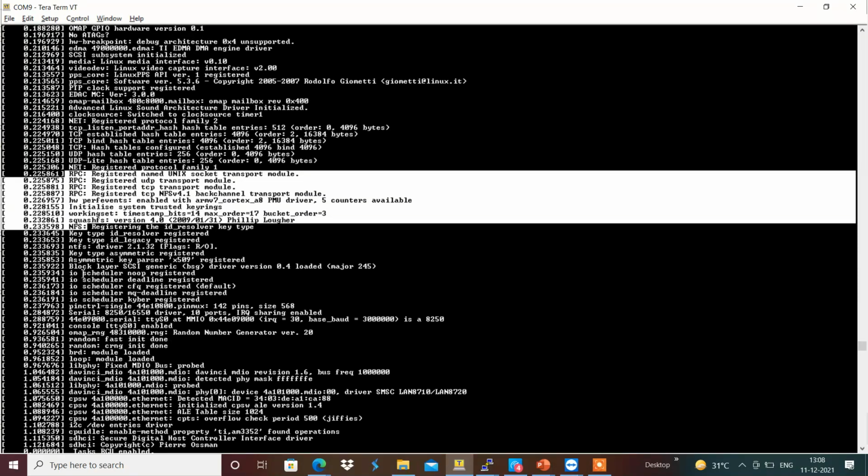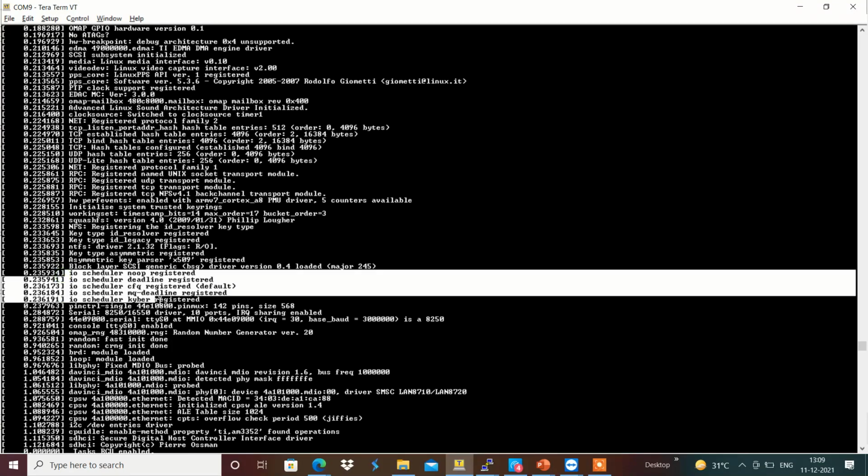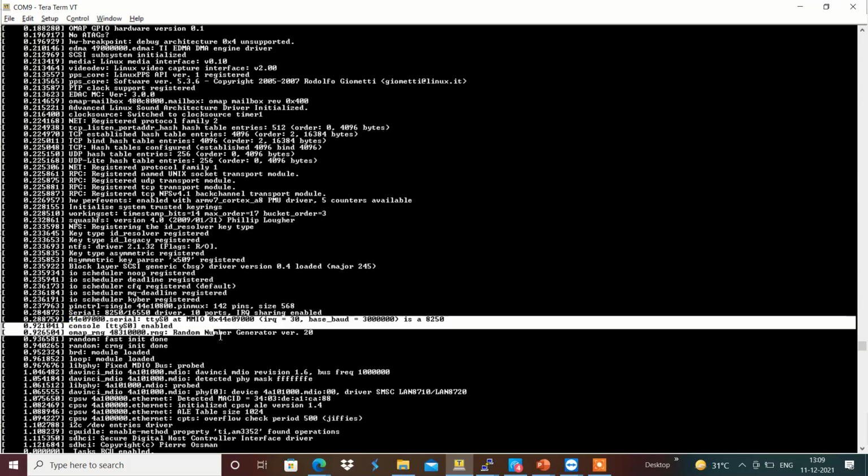Then we have the asymmetric key and the IO scheduler coming into the picture, then the serial port driver gets loaded.